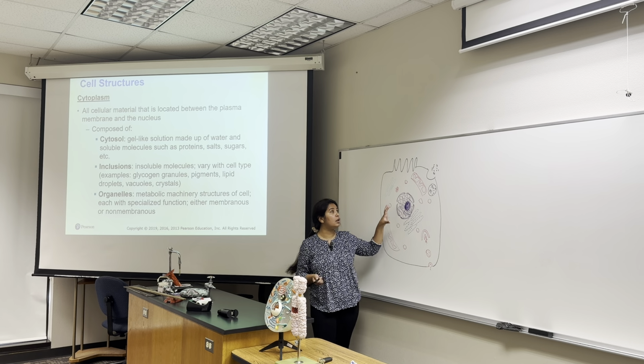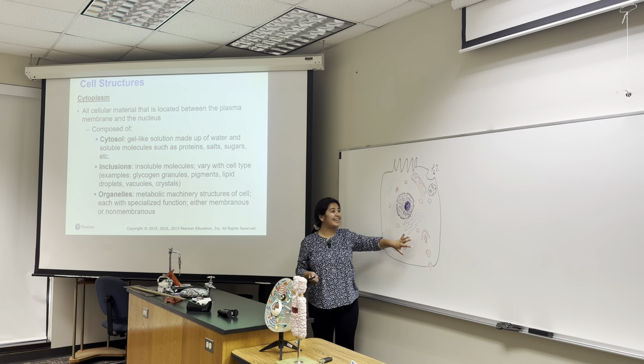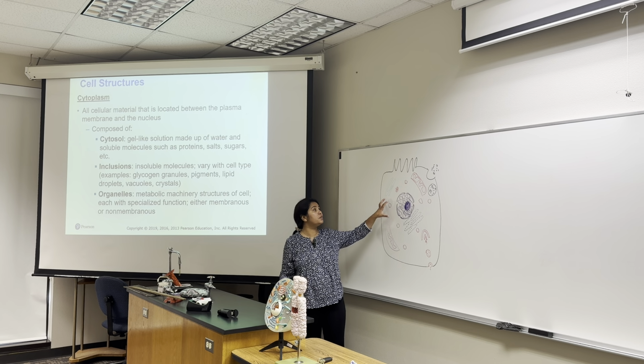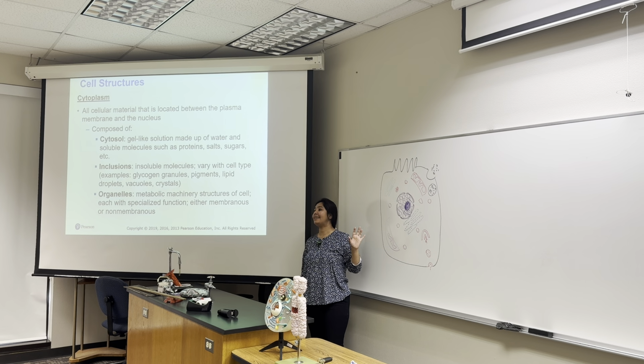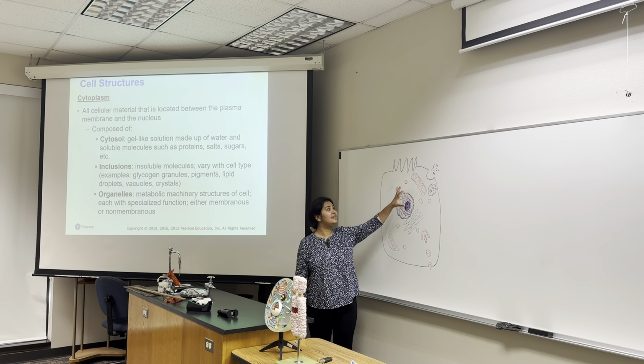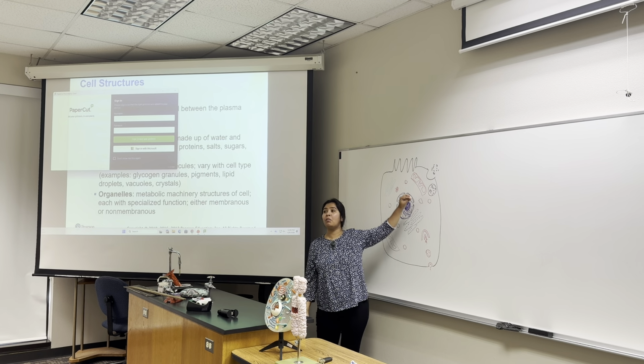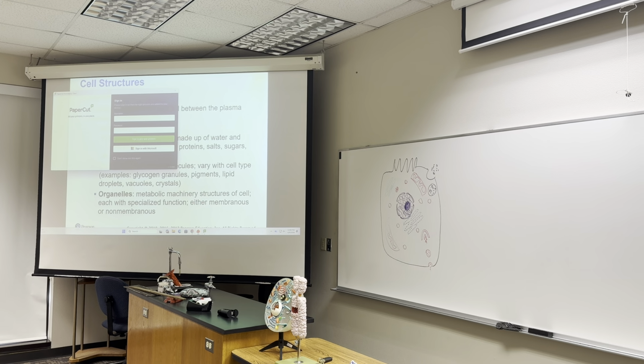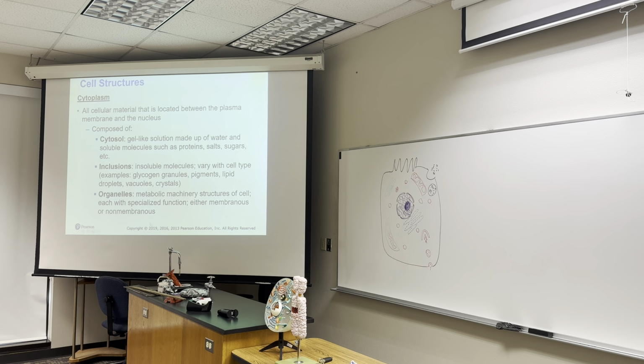Inside the cytosol, you have all these organelles. Like as I told you in the beginning, whenever we are thinking about the cell, we are actually talking about a big mansion with a lot of rooms, right? All these rooms that we have, we call them what? Organelles. Okay, and then inclusion: not only the organelles in the cytoplasm, you also have some molecules submerged in there, and we call them what? Inclusion. Like for example, the storage molecules, glycogen granules, pigments, lipid droplets, vacuoles, crystals, these are all